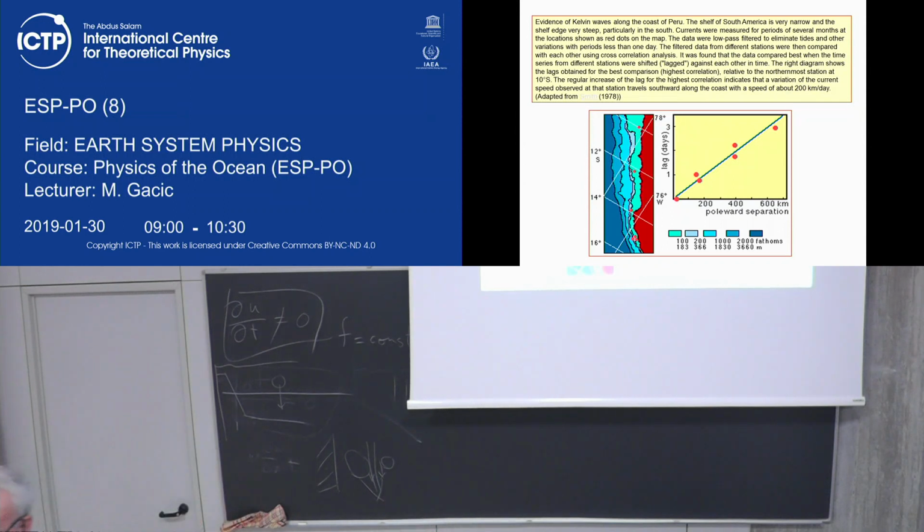Tide gauges are the instruments which measure the sea level variations, and if you put these tide gauges along the coast in this way, as it is here, this is the South America coast, the Chile Peru coast, you have a number of measurements along the coast, and you can calculate the